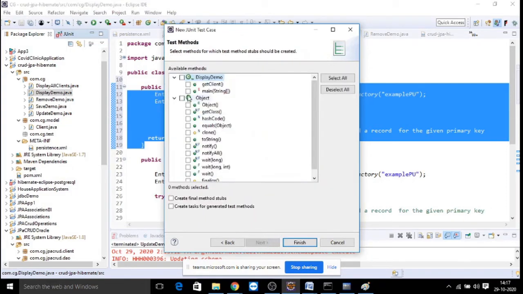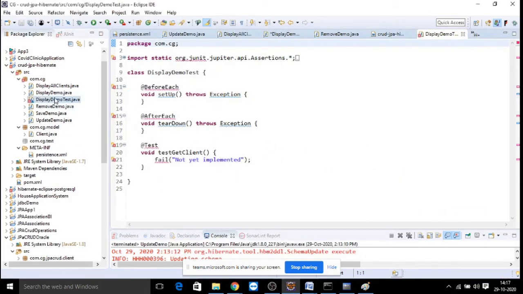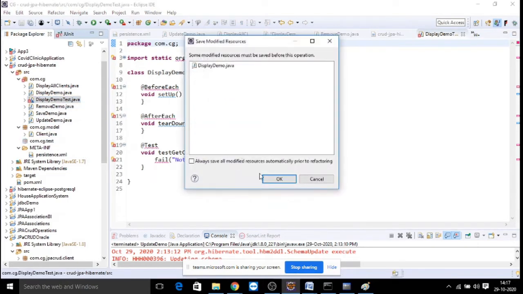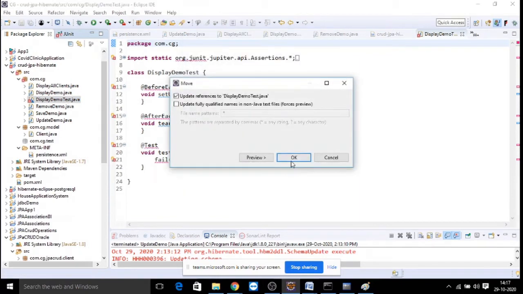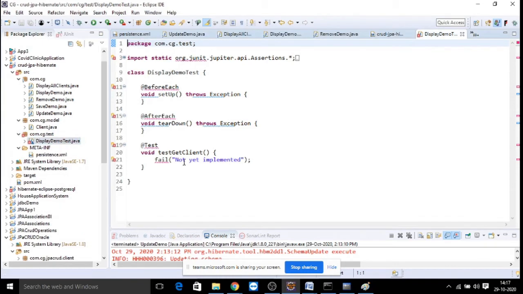And next, add the method to be tested. I want to test my getClient method, and finish. As soon as I add it, I get this test case that I will move into my test package. This is now my test case.